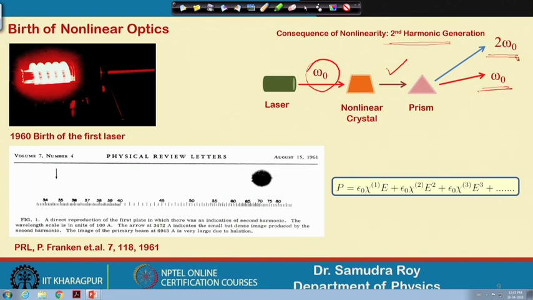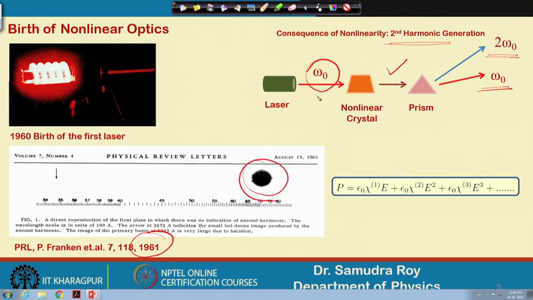So, this is the famous paper by Franken, which was published in 1961, just 1 year after the birth of the laser. The laser was first introduced in 1960 and the paper was in 1961, where they showed the generation of second harmonic. This is the figure of the paper, where you can see a very dark spot here, and this dark spot